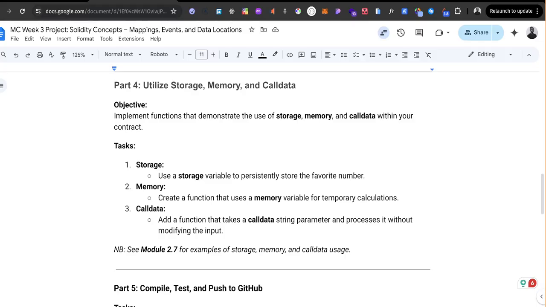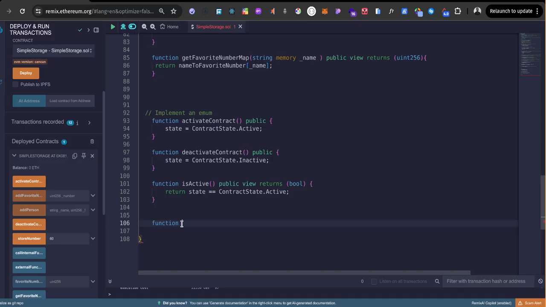I'm just going to do that first. Let me make sure the spacing is correct, the format is right. I'm going to say update name. So the parameter I'm going to take is basically